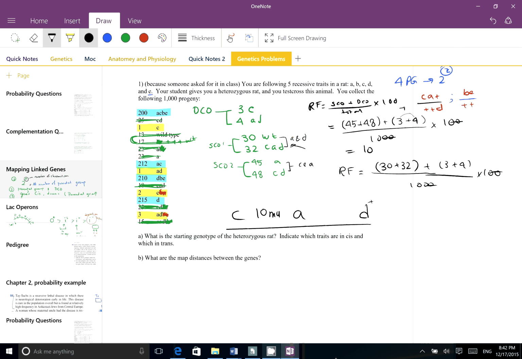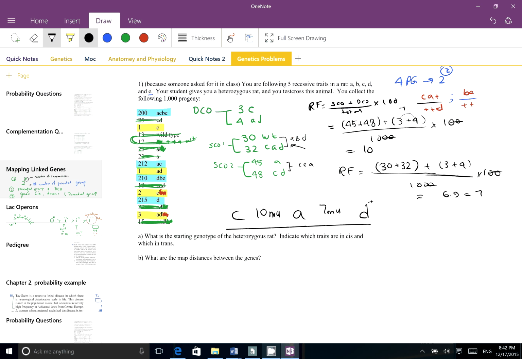Hope I did the math correctly. 62 plus 7 is 69. Why do I have a feeling I did something wrong? I remember it being 7 in the homework. Anyways, so I get 6.9, which is equal to 7. I'm guessing I added one of the numbers incorrectly, but you're supposed to get 7